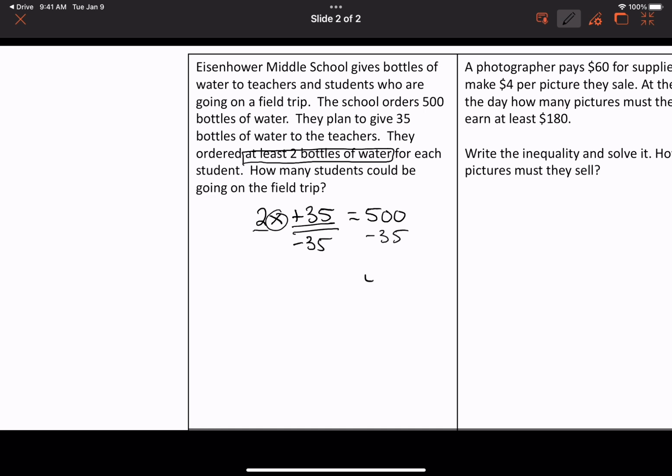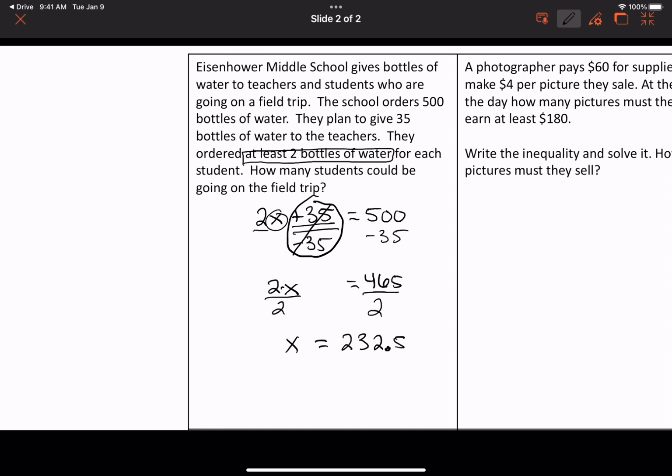So that comes out to be 465. The 35 minus 35 adds up to 0, leaving us with just 2x. Remember, that's 2 times x, so now we can divide by 2. And take that 465 and divide by 2. And that means we get x equals